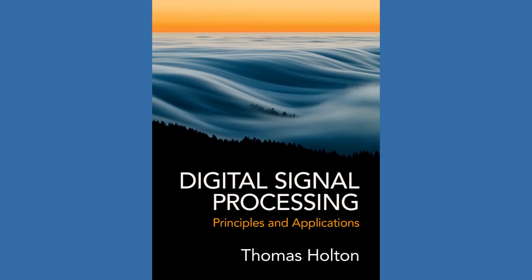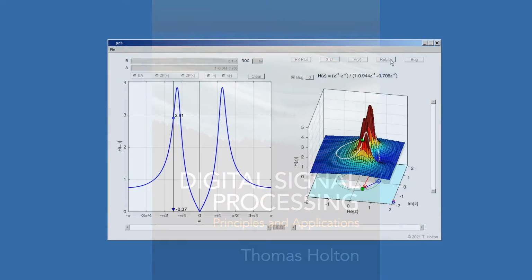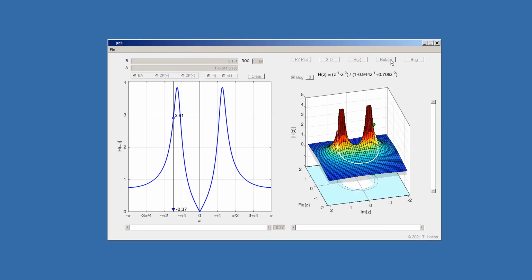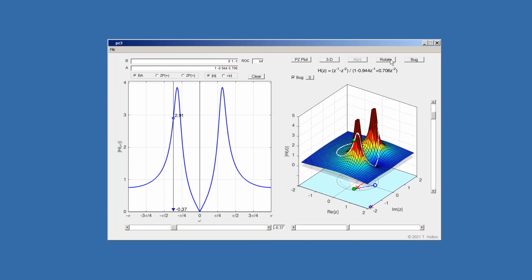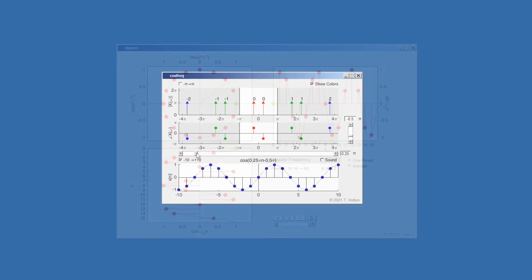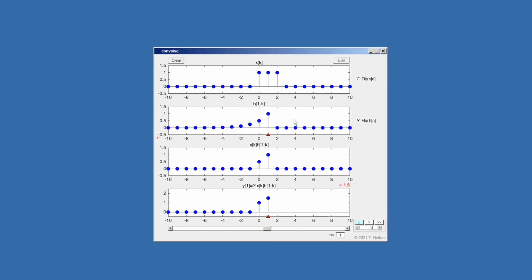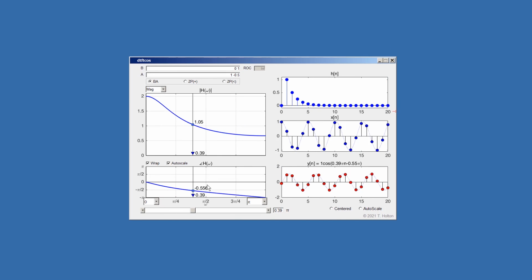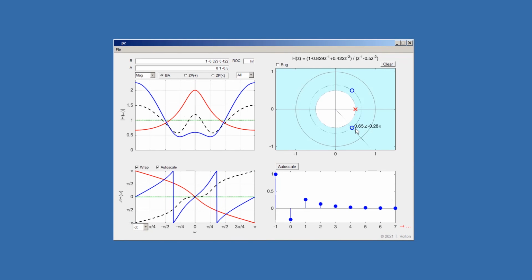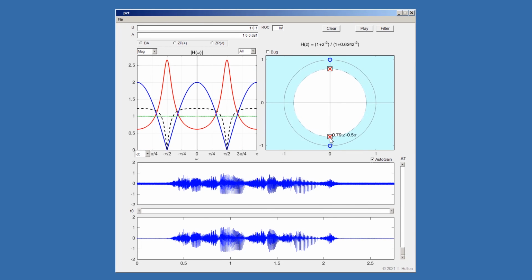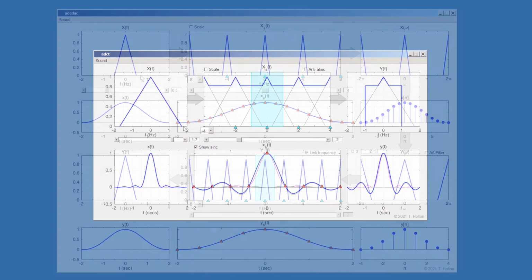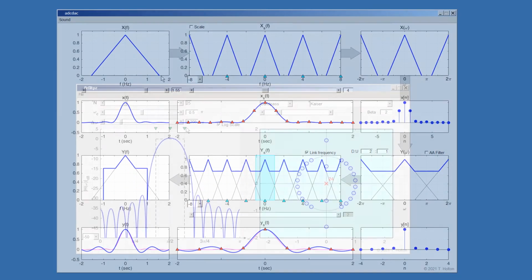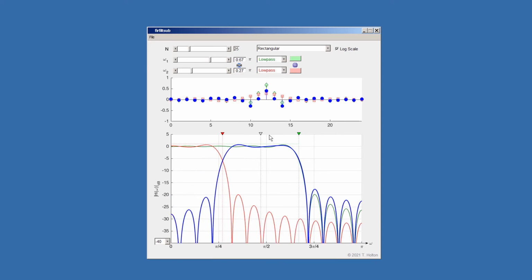This program is one of a suite of programs that I have developed to explain DSP concepts to my students during lectures. There are now well over 24 programs covering many aspects of the material in the book, including complex exponentials and sinusoids, convolution, the DTFT, pole zero plots and their relation to frequency and impulse response, A to D and D to A conversion, including upsampling, downsampling, resampling, and aliasing, the design of many types of FIR filters and their application to